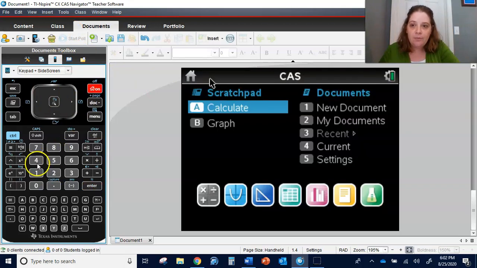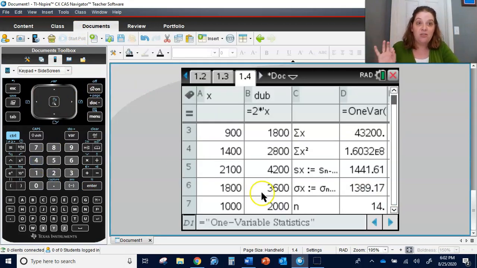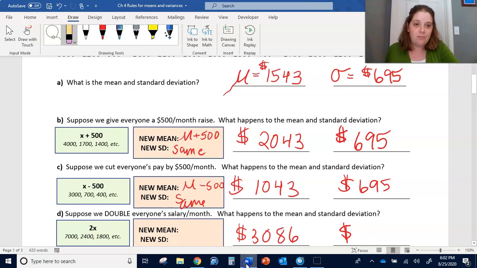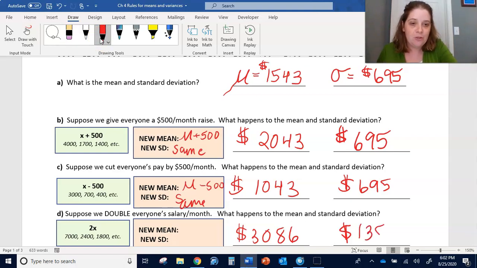I'm going to go home. I'm going to go current. I'm just going to double check 1389. Let me fix that on my notes here. 1389. Oh, I was erasing. Thank you all for your patience. 1389. So if you notice what's happening here,